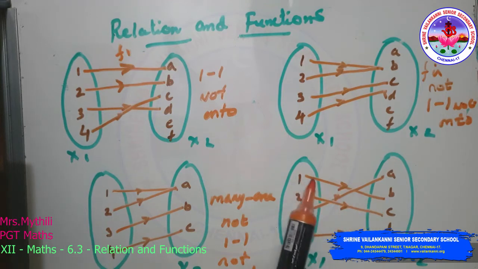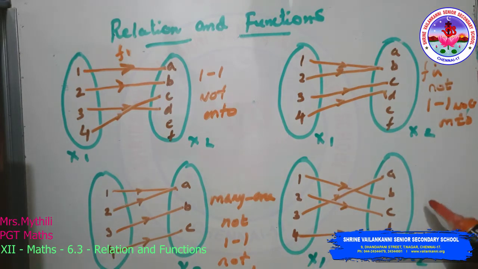And the fourth diagram, you can clearly see that B is the image of 1. Every element of X1 has a distinct image in X2. That is, B is the image of 1, A is the image of 3, C is the image of 2 and D is the image of 4. There is no element which is left in X1. So this function is 1-1. And this function is onto also. Every element in X2 has a distinct pre-image in X1. Then we can say that this function is 1-1 and onto. If it is 1-1 and onto, it is a bijective function.